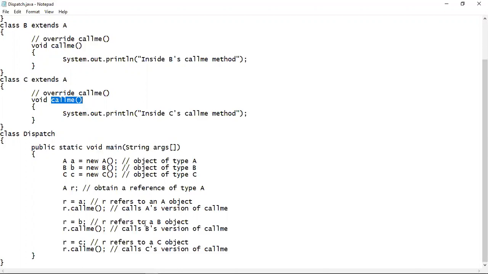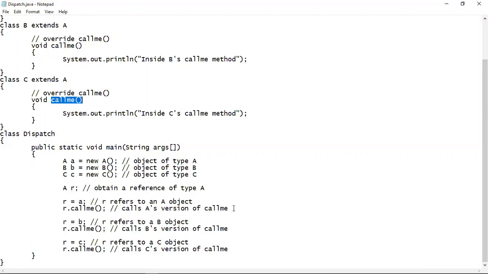So here we can see in this program that which version of the method will be called, that decision is being taken at the time of the call occurs. That means when the call will occur at the execution time or the runtime of the program. So the call is being made depending on the type of object being referred to, and depending on that we will call that version of the method, and that decision which version of the method to be called is being taken depending on the type of object being referred to and at the time of method call, which is actually the execution time or runtime.